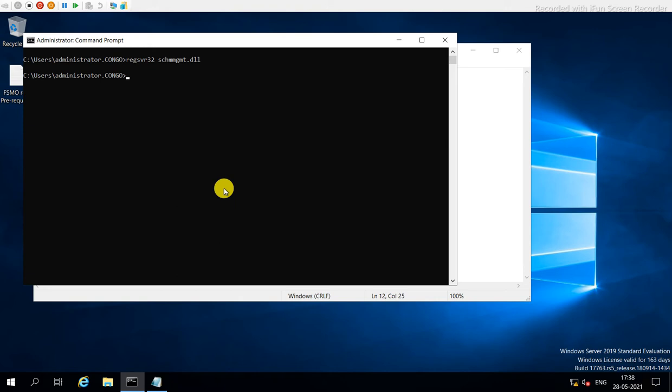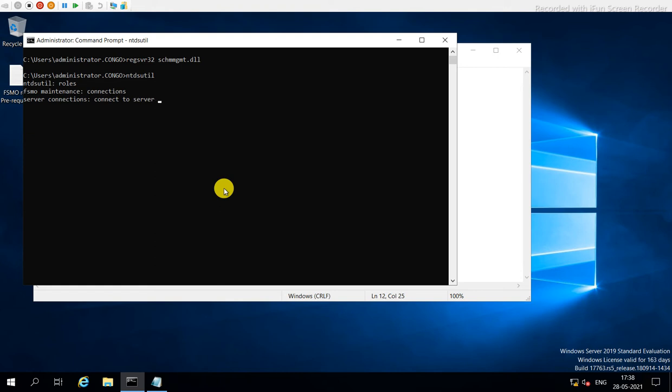So we will type ntdsutil. Then we have to transfer the roles. First, we have to connect to the server to which we want to transfer the FSMO role. So type connections. Now connect to the server where you want to transfer the FSMO role.